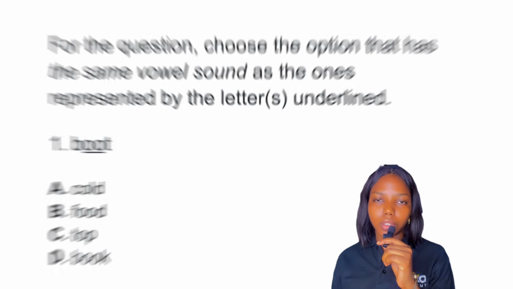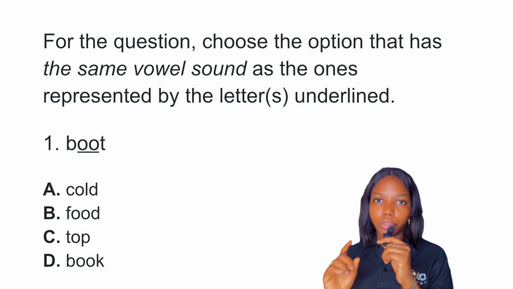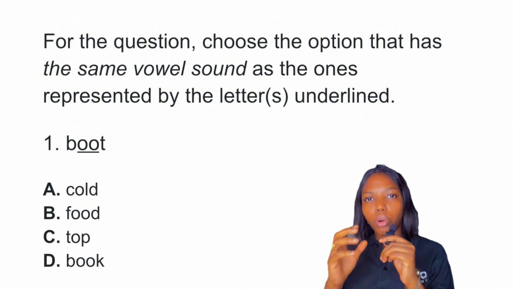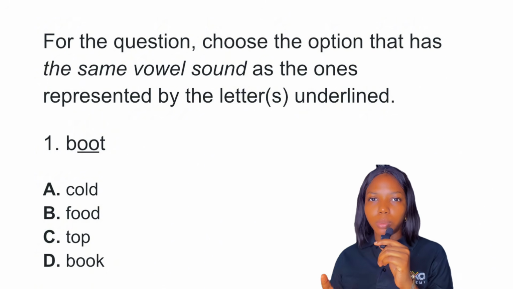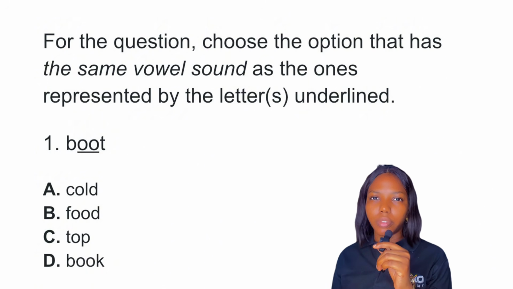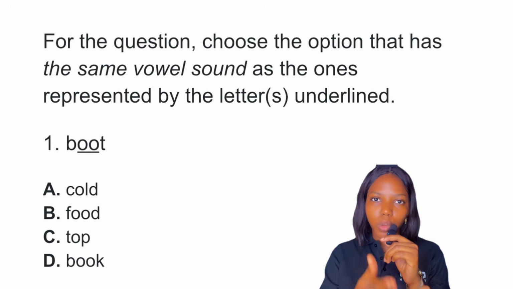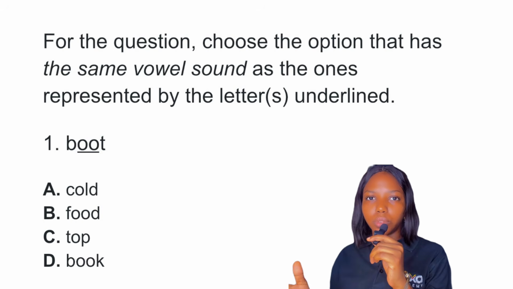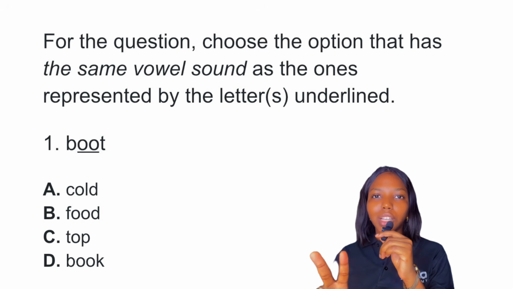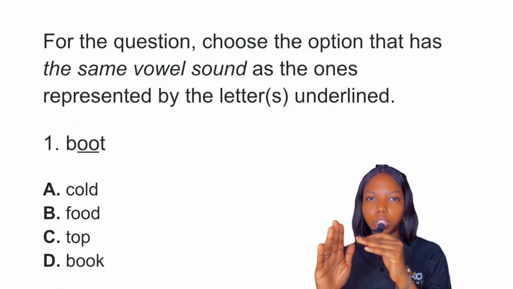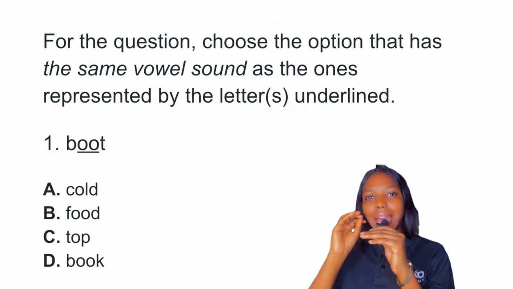Starting with vowel sounds, there are two important things you need to know. The first is you need to know all 20 vowel sounds. You need to be able to identify each and every vowel sound that we have. We have 12 monophthongs and we have 8 diphthongs. You need to know them. The second thing is you need to be able to differentiate between the short vowel sound and the long vowel